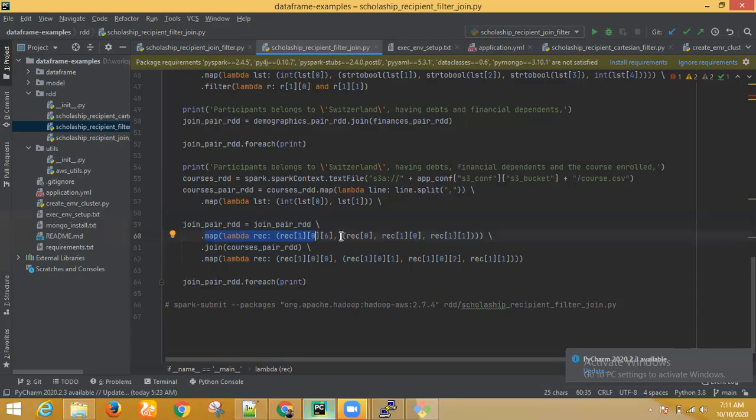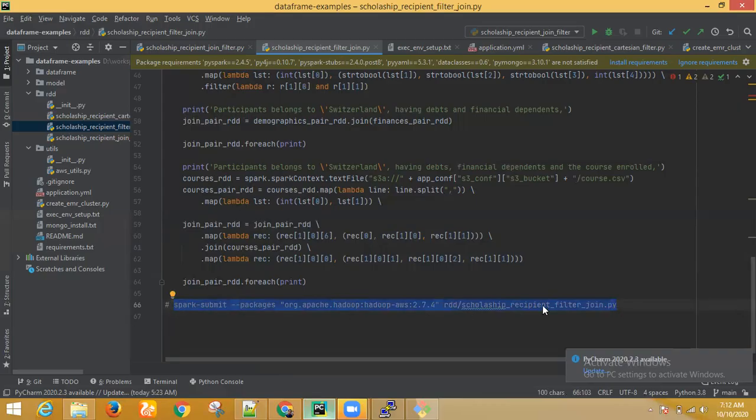Again, you got a very complex value part. This value part has 3 elements, and now you are adding another course value part. It's a huge nested tuple. Then you are doing some cleansing. In the last part, you bring the student ID as the key part and keep the demographics information, then the finance information, and then the course information as the value part, combined as a tuple. Okay, let's execute this and see.